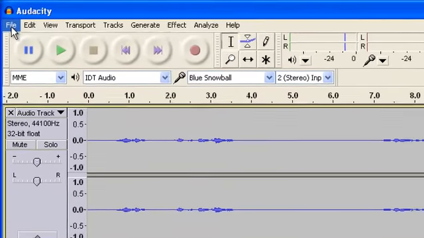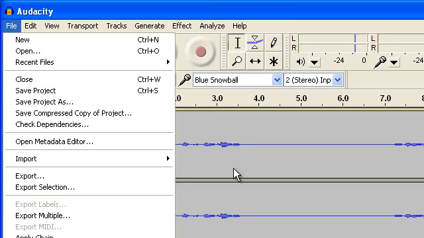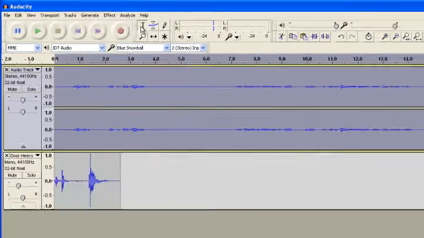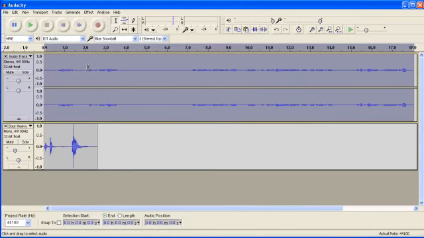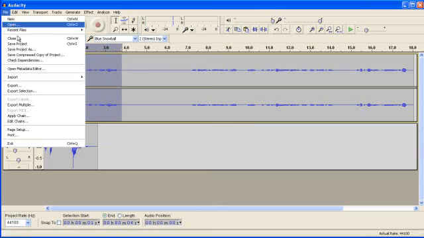Export Selection. Export Selection is very similar, except what we're doing here is, again, using the Selection tool, select a part or a portion of our audio project. And so if I just wanted to export out one particular piece from an audio track, I would just go ahead and highlight that or select that using the selector tool,